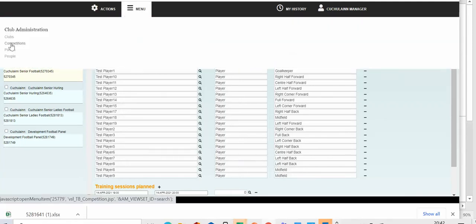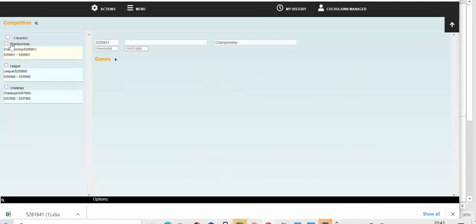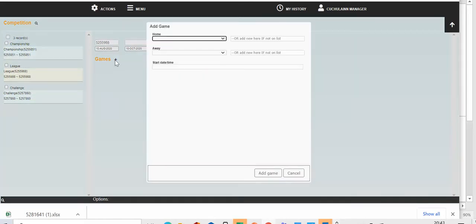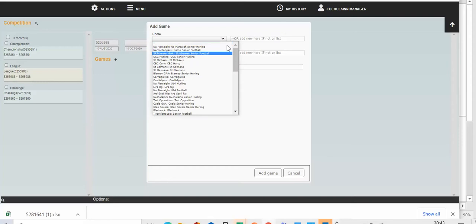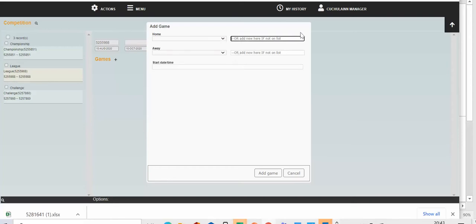To set up a game, you first go to competitions. You've got 3 types of competitions: Championship, League and Challenge. You choose the type of competition that you want the game to be in. Click on the plus sign next to Games, and then depending on whether you're at home or away for that particular game, you choose from the pull down menu or type in the name of the team if it doesn't